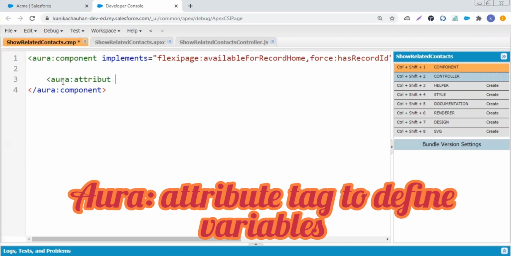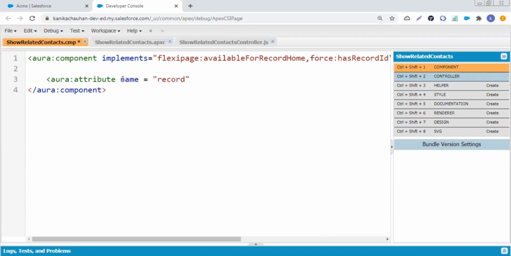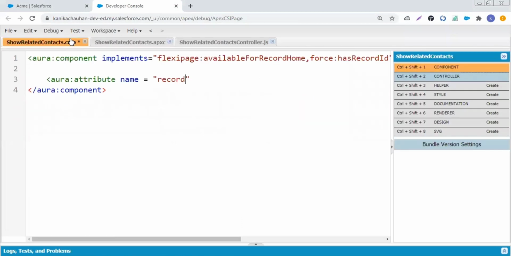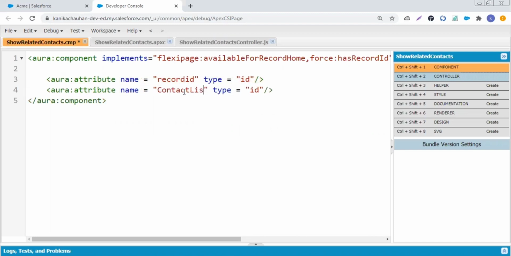This is aura:attribute. Aura attribute is used to define variables. Name, this is to store the account ID, so let's name it recordId, which will return the record ID of the page, and it is of type Id. Now the second is contact list, of type contact list.